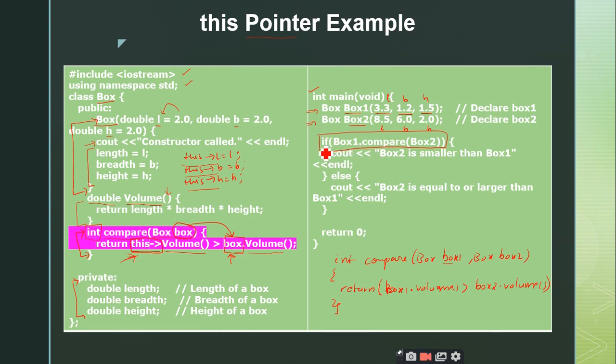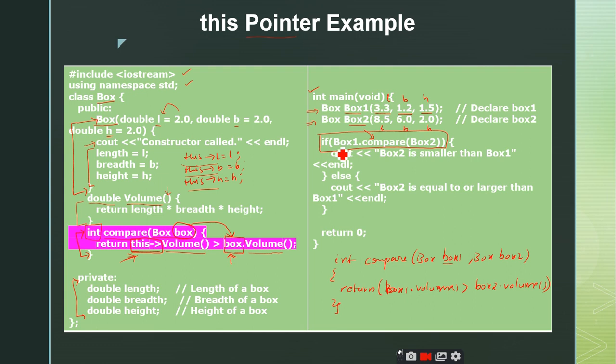So if I am using an if condition, if box 1 dot compare of box 2, right, I am invoking the compare function of which box or which object? Box 1. Right, so I am invoking the compare function of box 1.